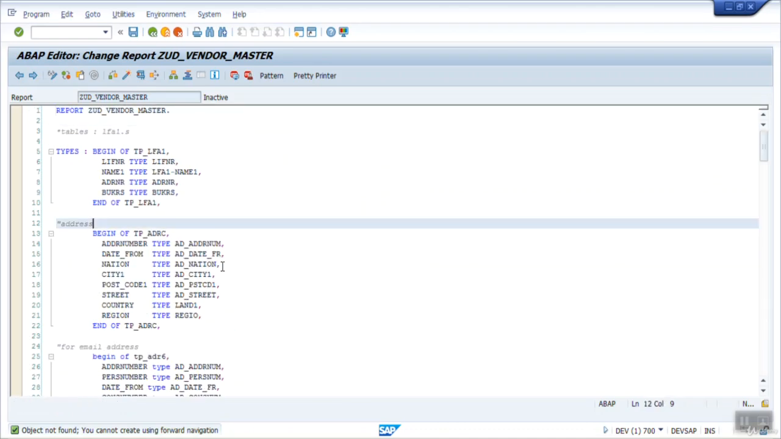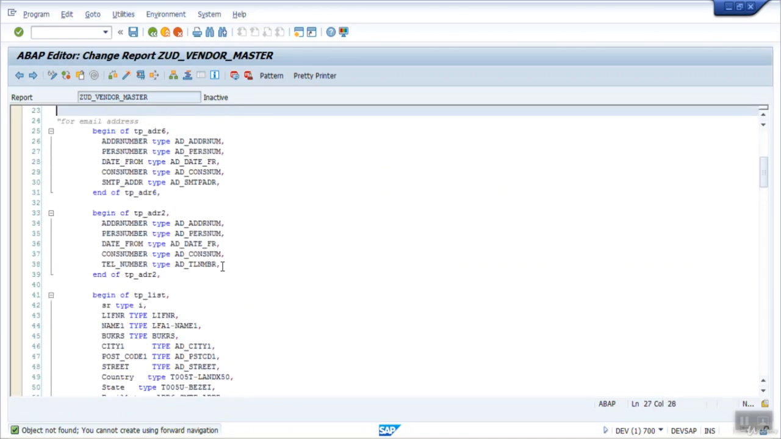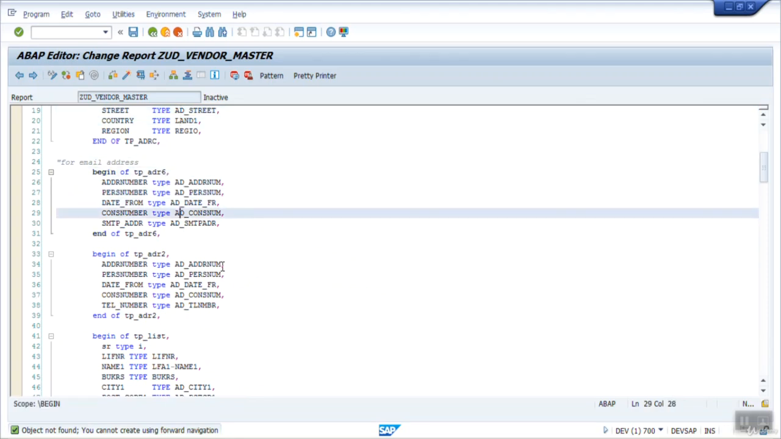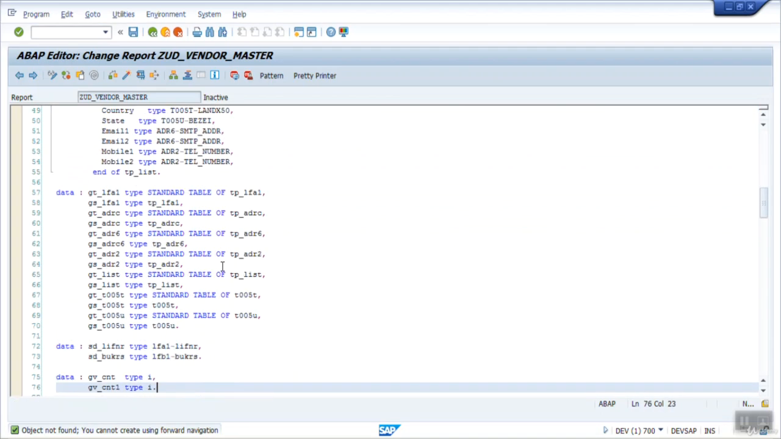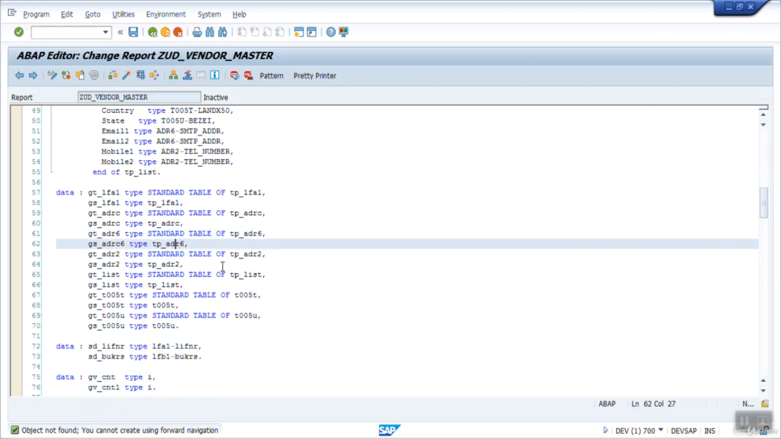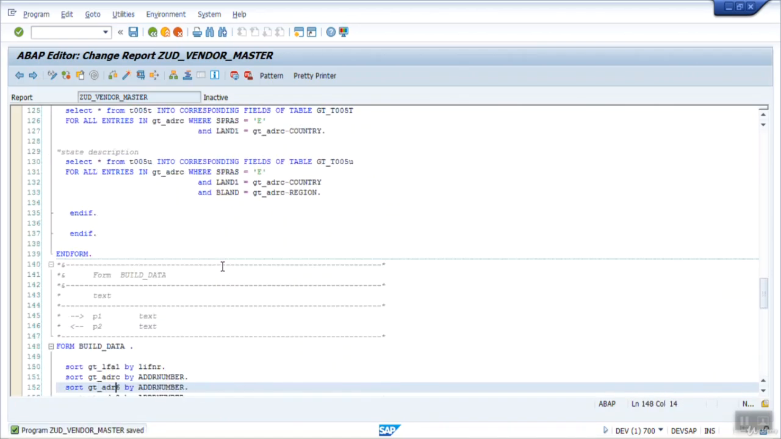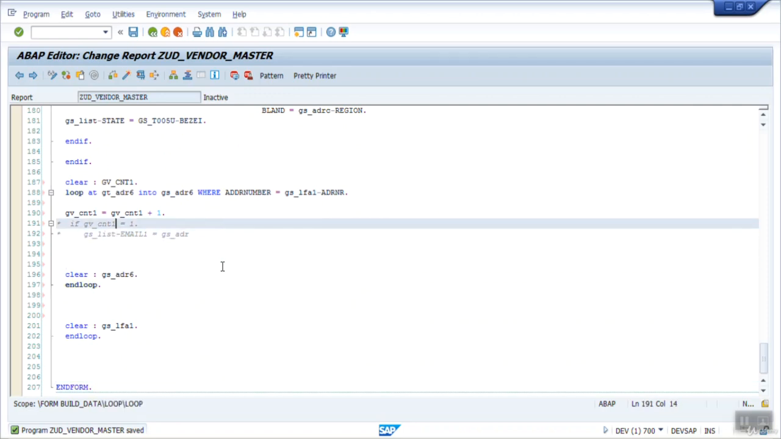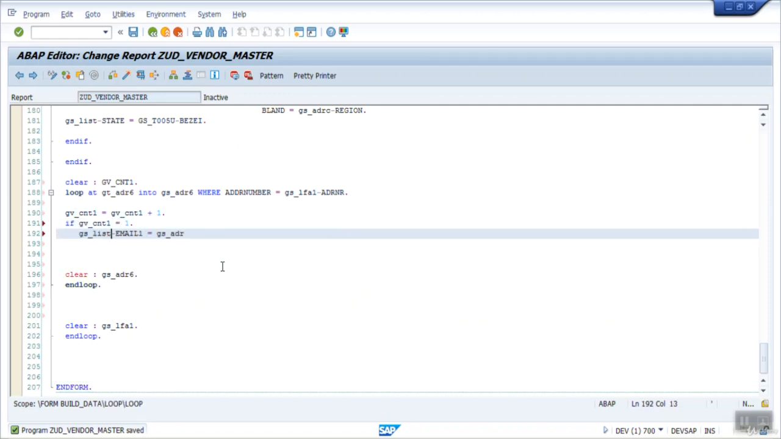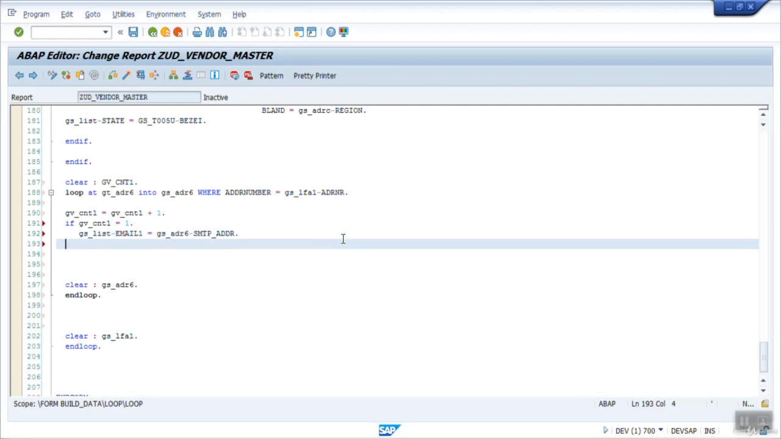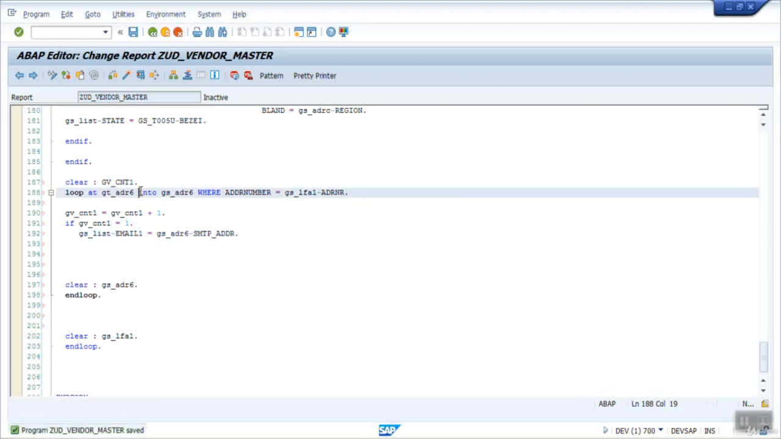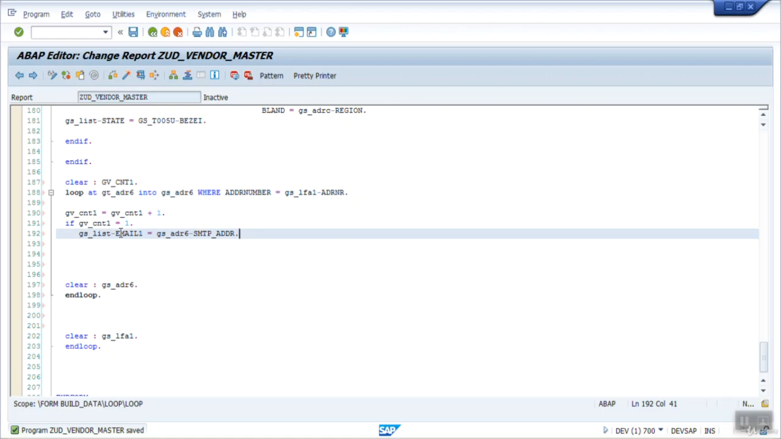Let me check the ADR6 table. TP_ADR6. We have SMTP_ADDR. Okay, I have typed the work area wrongly, so now correct it. This is the ADR6. Open the uncomment it, where this is the email ID. Now for the first loop record, I will pass the email ID as the first email ID,